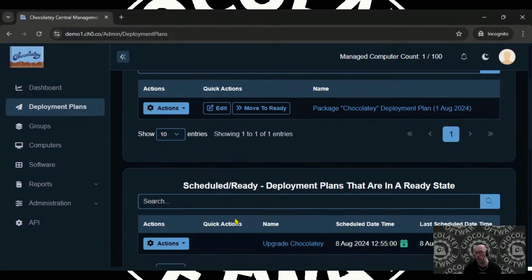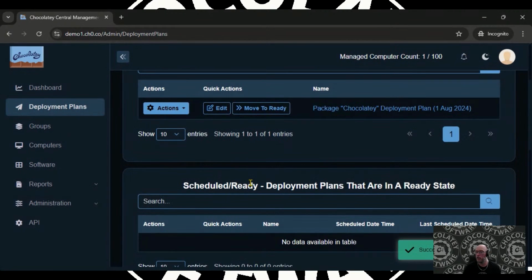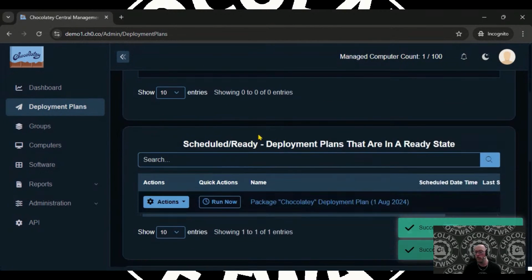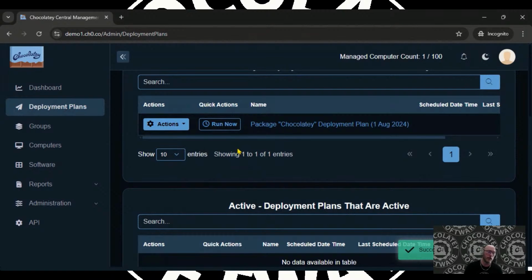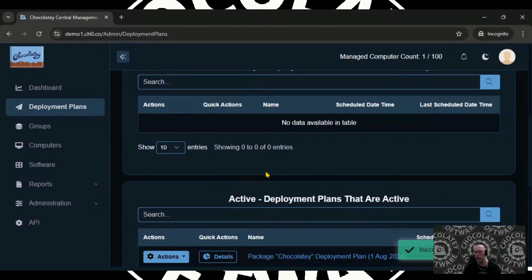So what I'm going to do is, I don't want this deployment, so I'm going to delete it. But I do want this deployment. So I'm going to move that to ready, and I want it to run now. So I'm going to go ahead and kick it off. So as I kick it off,